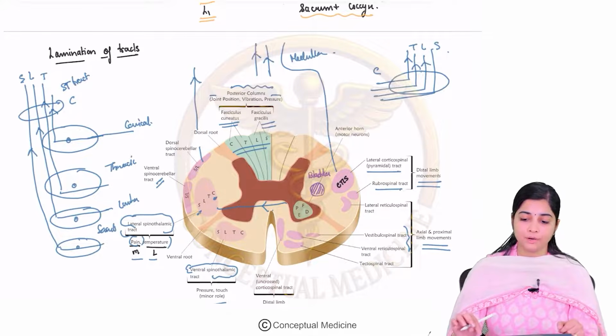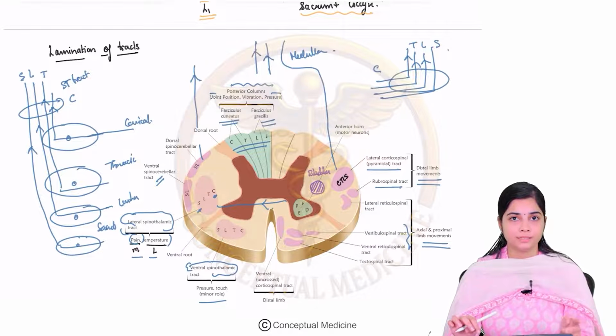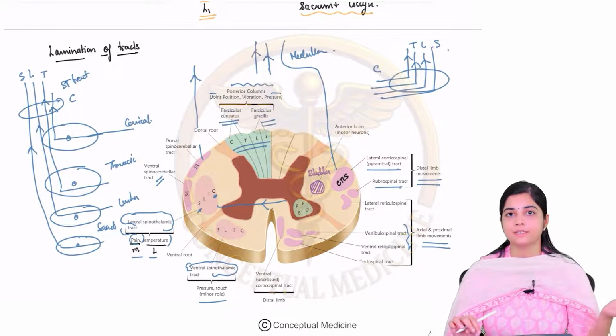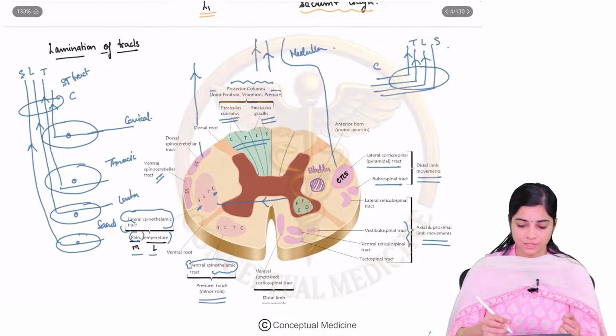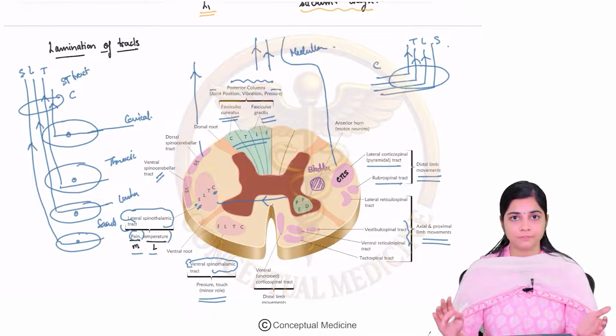Another very important point that I want to stress about is bladder fibers. You will think that the bladder fibers are going to be present laterally because the urinary bladder is going to be supplied by the sacral segments of the spinal cord, right? Then the S, which is present laterally, is going to get affected first. But